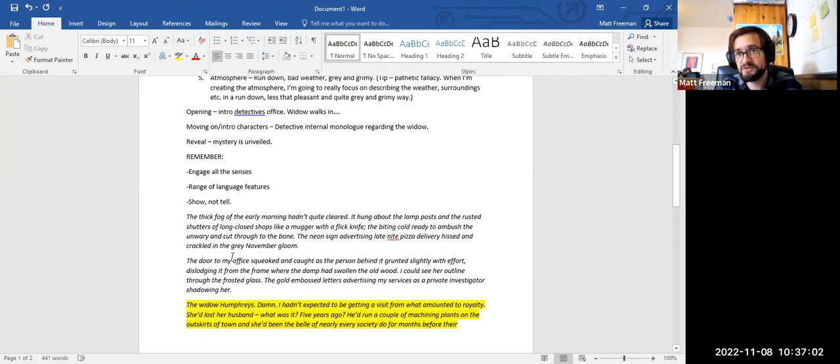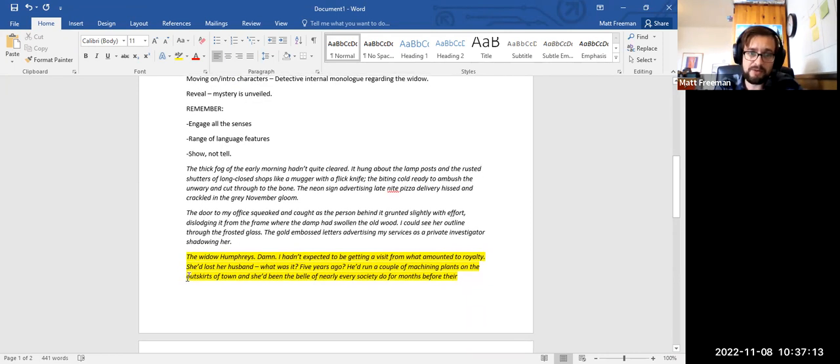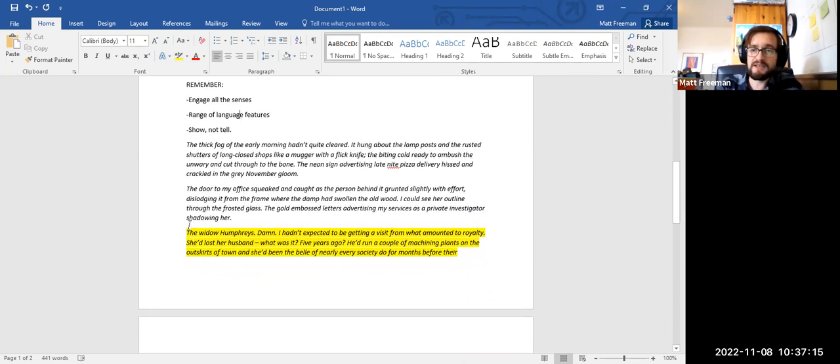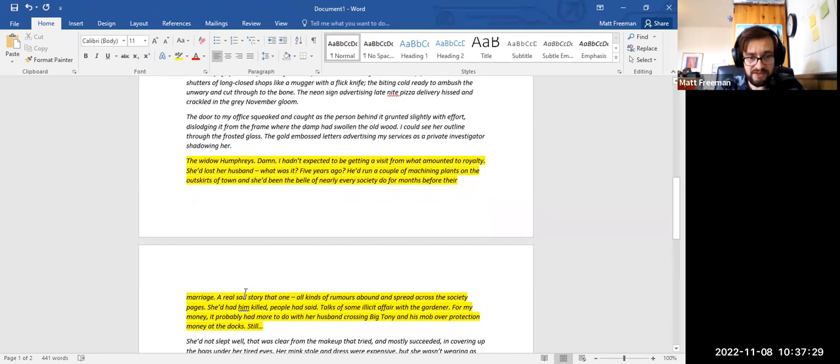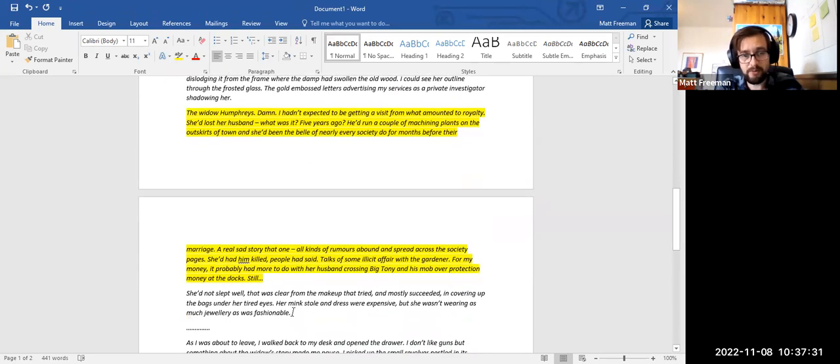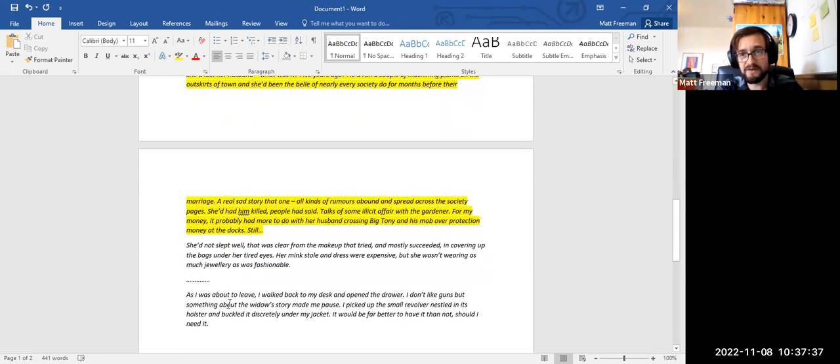Each paragraph is introducing something, but also each paragraph is trying to move that story on a bit. So we introduced the secondary character here, really. We've not really introduced the primary character yet. And then we get this nice little monologue. And monologues can be useful because they can tell us a lot about the character, but also the way the character thinks about things. So this is somebody who's quite cynical, who's quite in touch with the city that they're working in, who knows what's going on, basically. And then we continue with that, and we get a little bit of a show off there of their skills, but also introducing more story elements. And then finally, we finish with quite literally, in this case, Chekhov's gun.